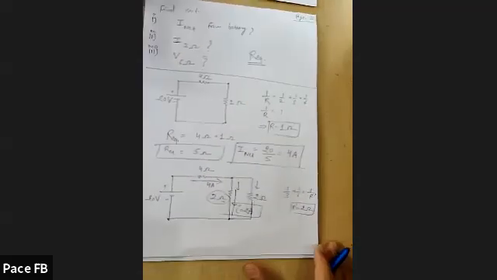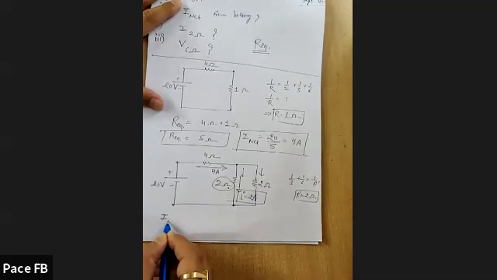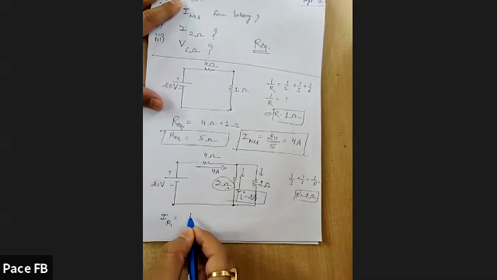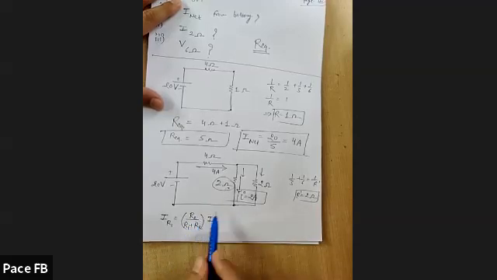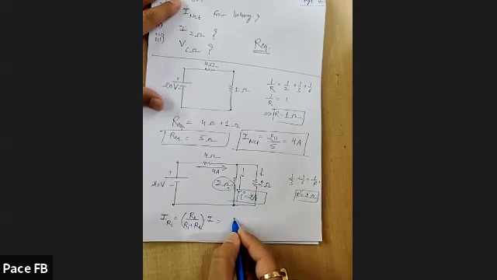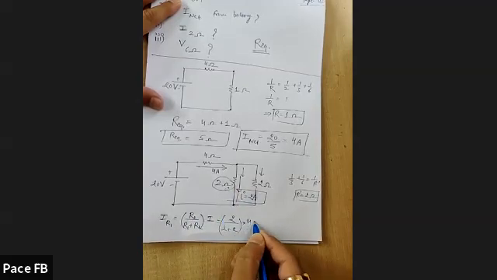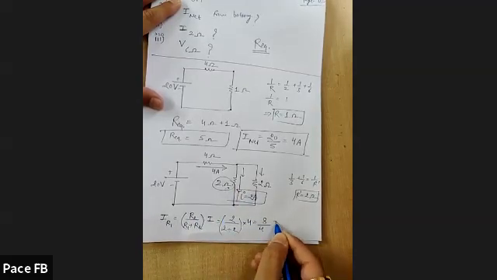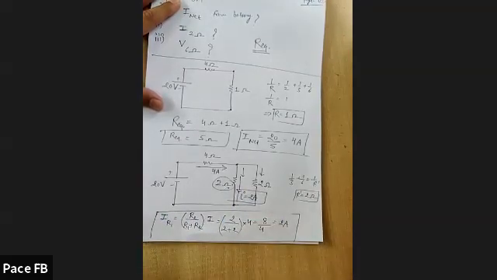And also in the last class, I told you one short trick. The current passing through R1 is equal to R2, the opposite resistance, upon the addition of both, multiplied by the net current entering. But here in this situation, R1 and R2 are both equal. So what would be the answer? It is 2 upon 2 plus 2, and how much current is entering? It is 4. So it is 8 upon 4, that is equal to 2 ampere. So the answer for the second part would be 2 ampere. 2 ampere current would be passing through this 2 ohm.